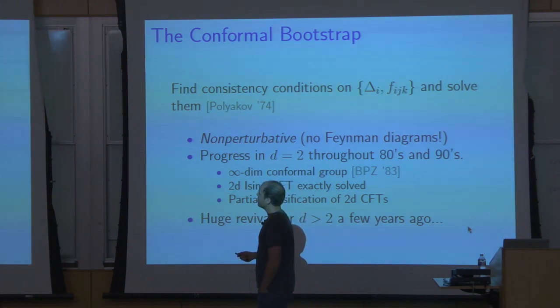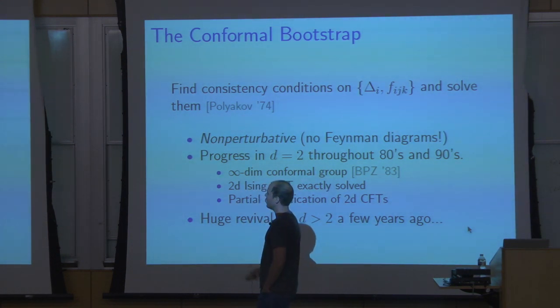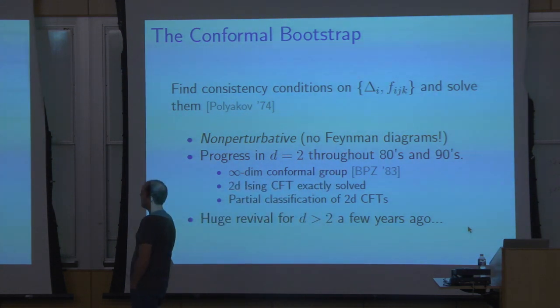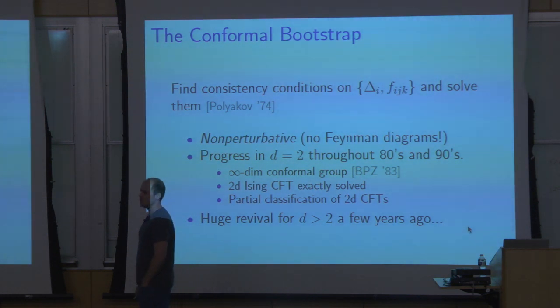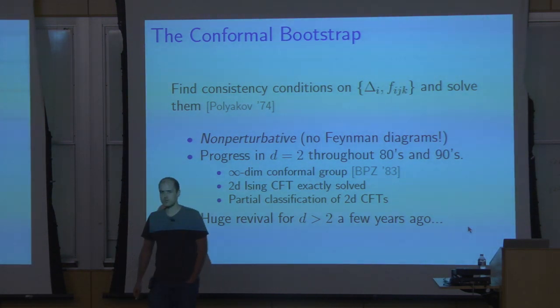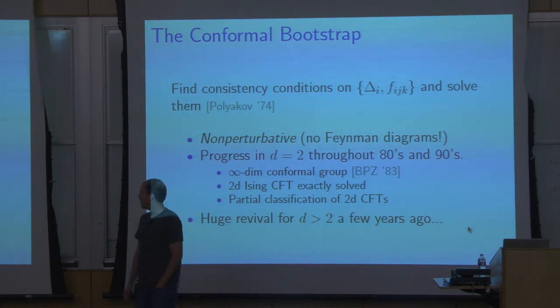So because it just refers to these numbers and there's no specific constraint on the type of theory going in, it works without Feynman diagrams. So it's non-perturbative. It has a chance of applying to theories like the Ising model. And actually, the bootstrap approach had some huge success in the decades following Polyakov's work. In particular, in two-dimensional CFTs, where conformal symmetry is extremely powerful. It's powerful enough that the 2D Ising CFT